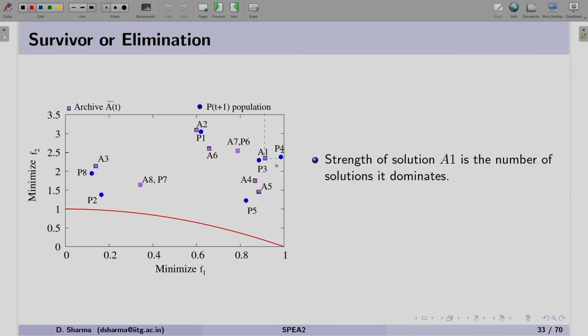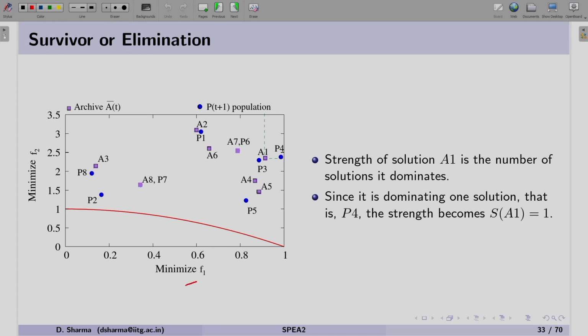In the figure, let us choose solution A1. To calculate its strength, we have to find the number of solutions it dominates. Since it is a minimization problem, both objectives are minimized, and it is a two-objective problem.